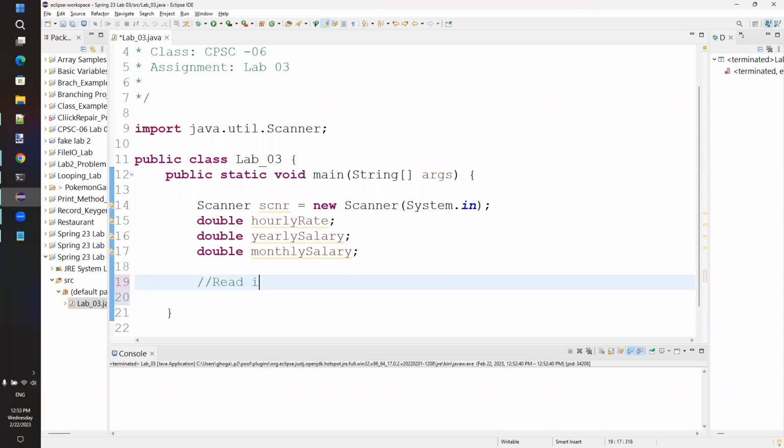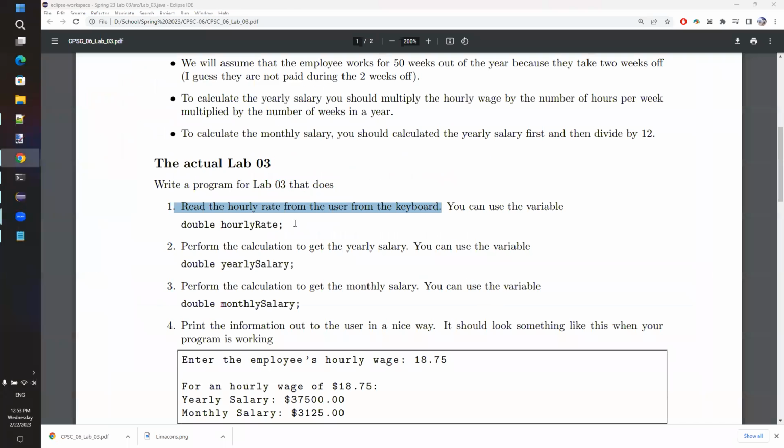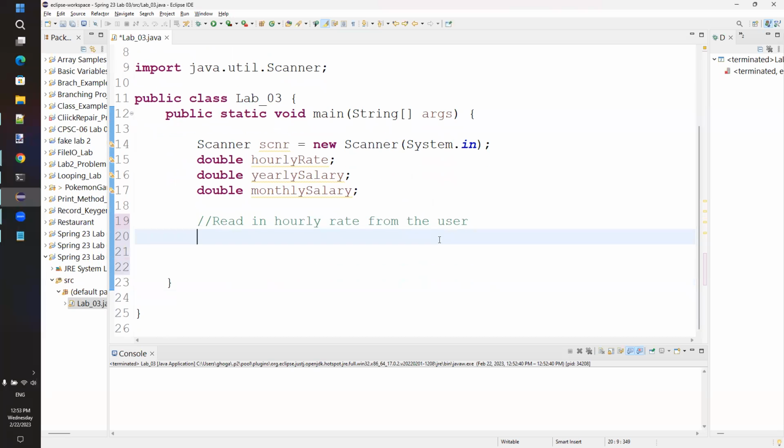So I need to read in hourly rate from the user, right? That's what I need to do. So I put that in a comment, and that's just to let anybody who's reading this know what I'm going to do. To read the hourly rate in, I need to first tell the user what to do so they know that they're supposed to type in a number. So I would say maybe